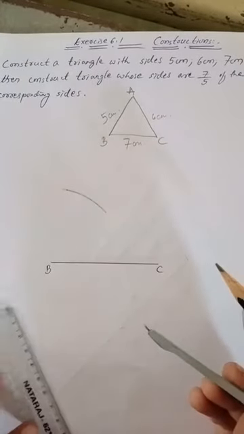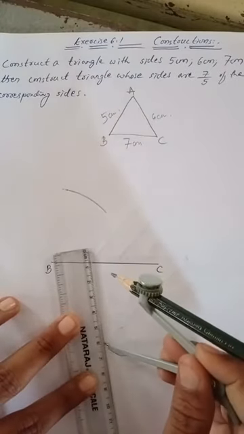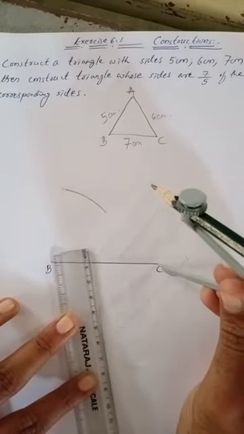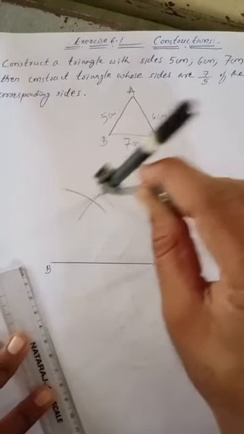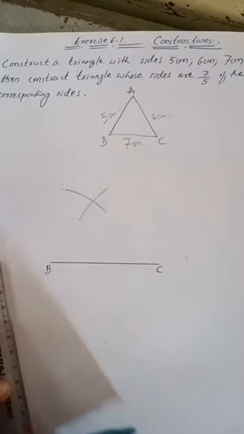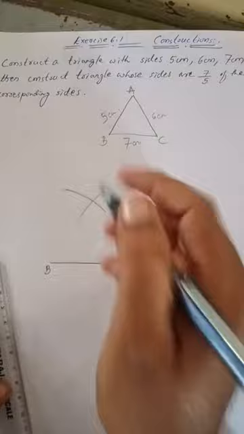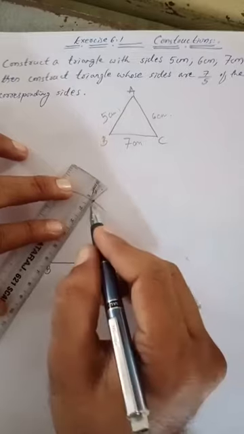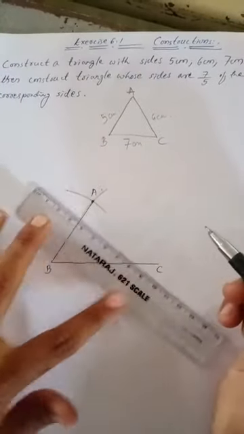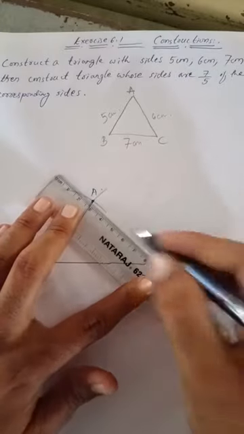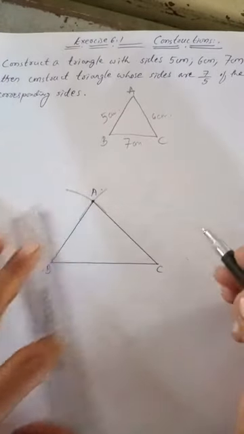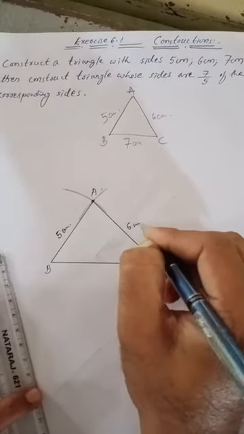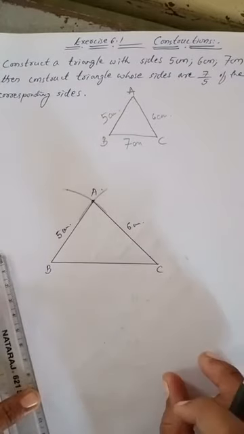Then for AC, 6 cm is there, so measure using a scale again. Yeah, I measured. Then keep it on the C point. Then make this arc. We'll have a point here, that point I can call A. Now I'm going to join AB, and this side AC. This is the completion of the triangle. This is 5 centimeter, this is 6 centimeter, and this 7 centimeter. Now, what is the next procedure?